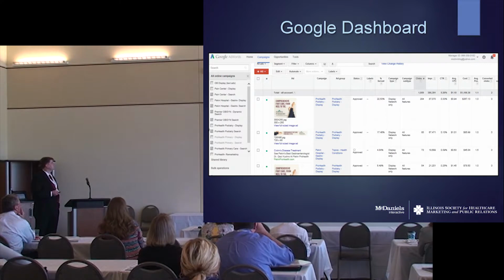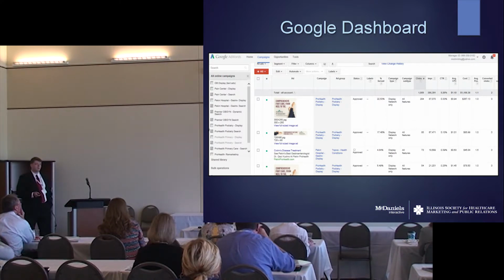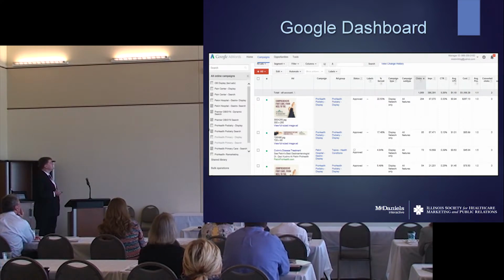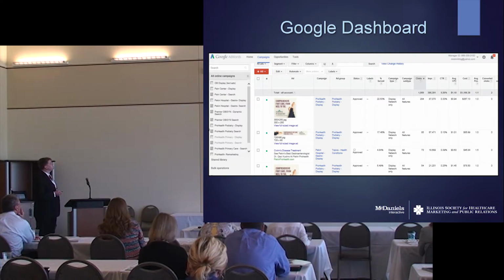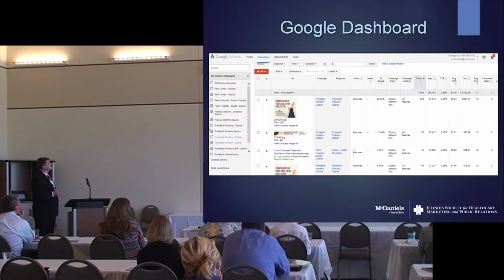Behind the scenes view of the Google dashboard. The reason we included this is that one of the benefits of search marketing over traditional marketing is you have access to your results. You can see, and if I can get the laser to hit it, all the way over here, you have a couple of interesting stats. You can see the number of times the ad was clicked. It's an instant level of accountability.